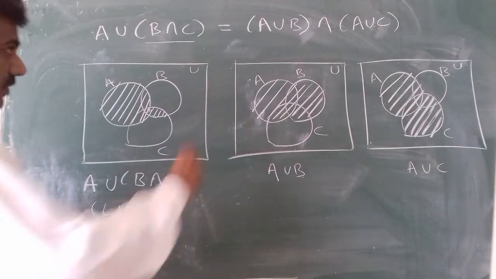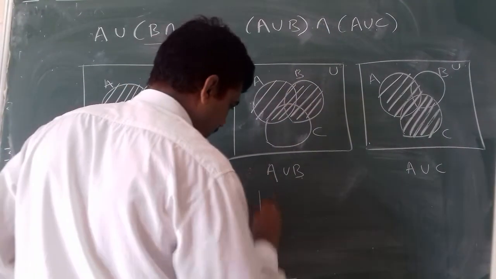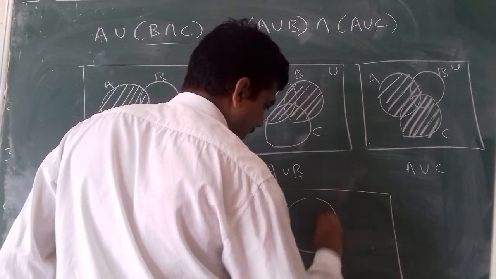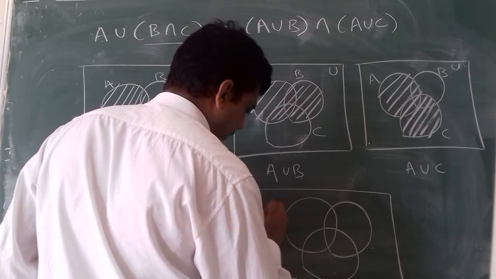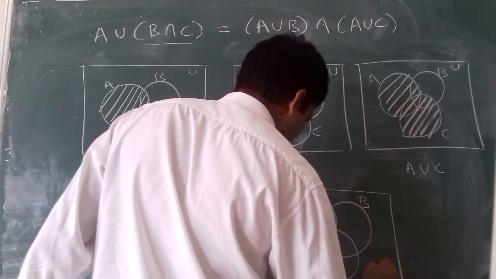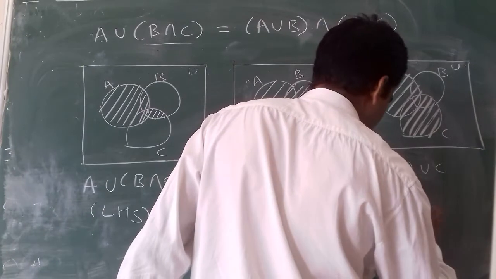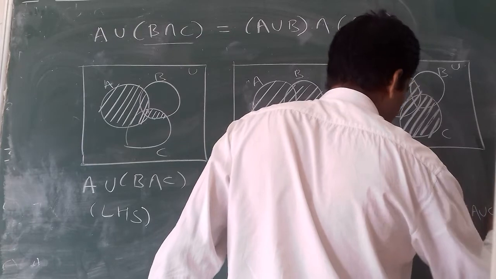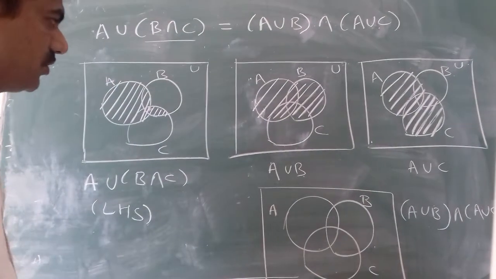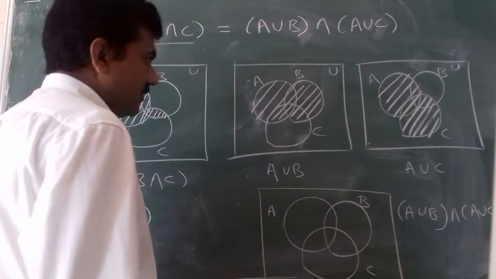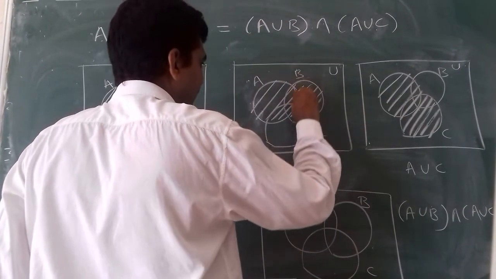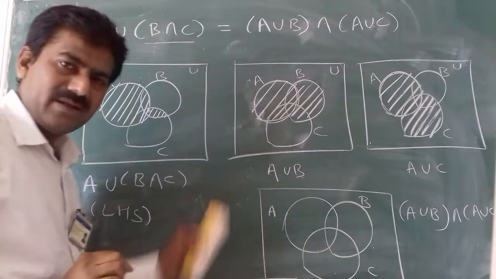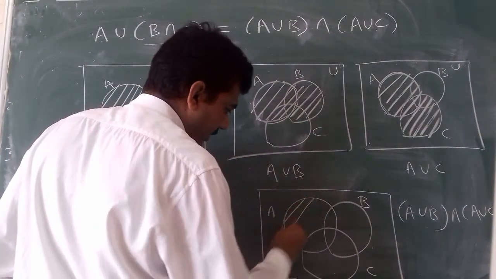Okay. Now we'll see the intersection between these two. So intersection is what? That is the common portion. A, B and C. So this is A union B intersection A union C. So we will see the common portion in this. We will see first the complete A and C, and here also complete A and C. So complete A and C is the shaded portion. So I will show it here.